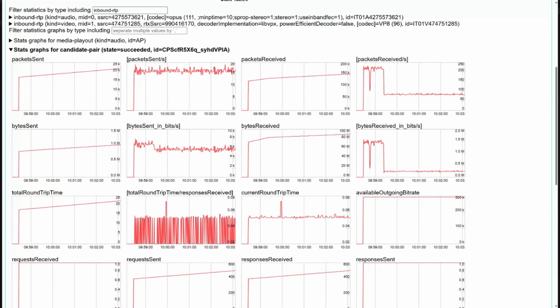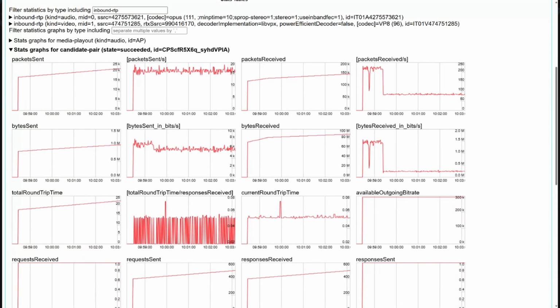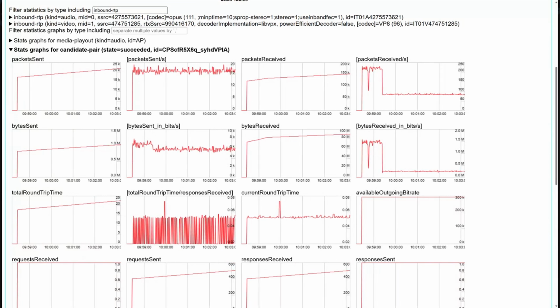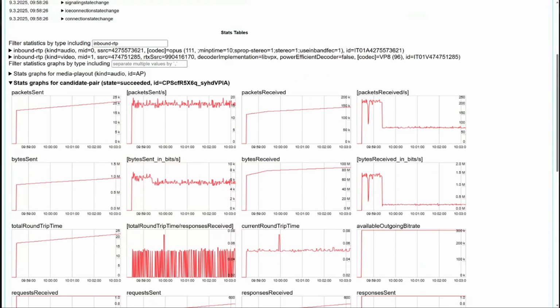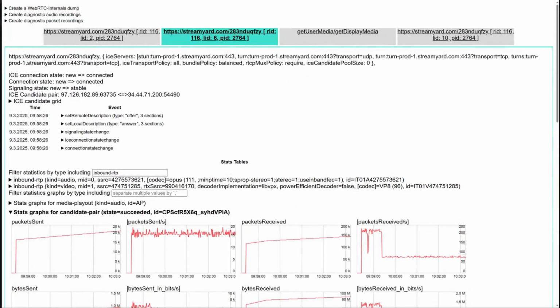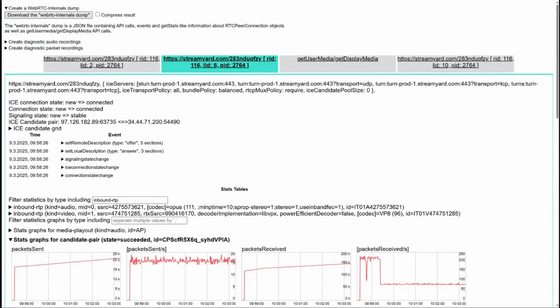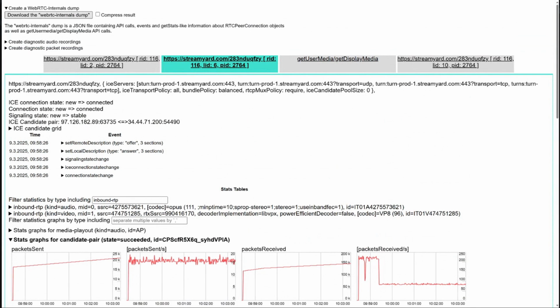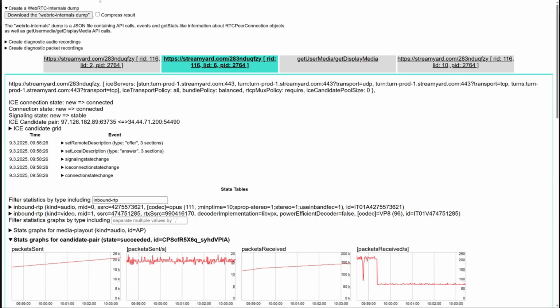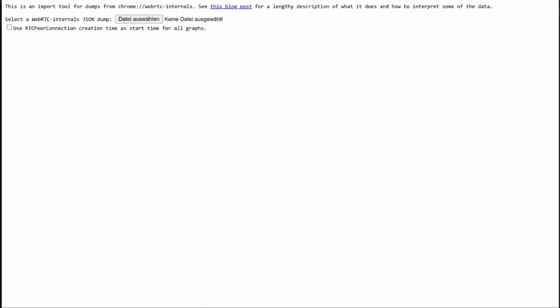What if I want to take this and then send it to someone to review? From time to time, I send you such files, for example, to look at. Yes. What you do then is to create a webrtc-internals dump, and if you come to me with a problem, I'll typically say, show me your webrtc-internals dump. You can download that one, and then you go to my dump importer. And there is a link for that below this video. Yes. And then you can pick the file that you just downloaded and import it,